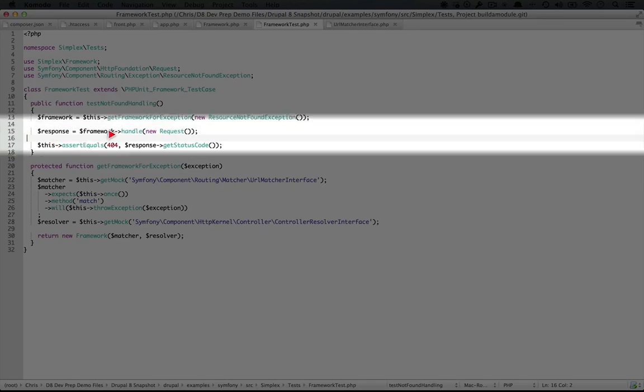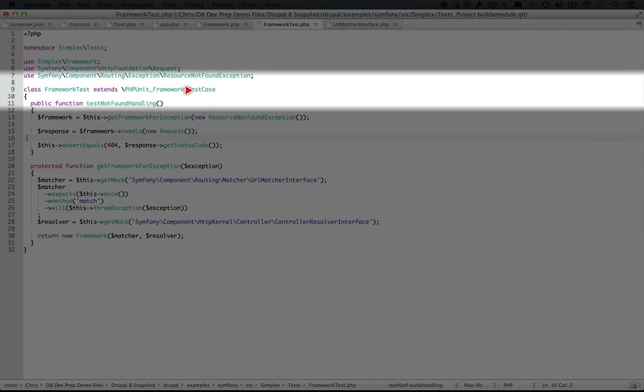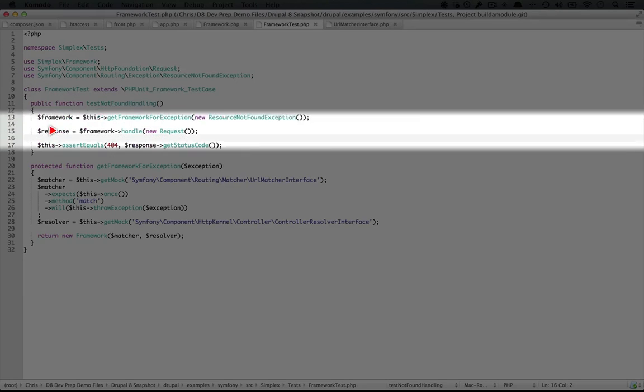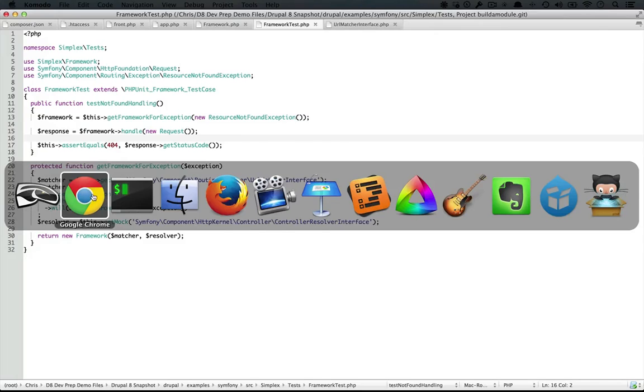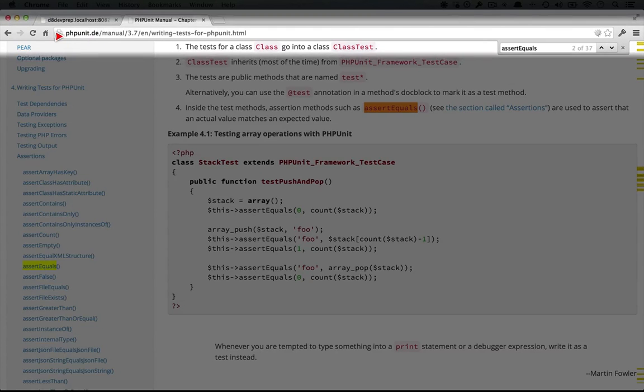So this assert equals method belongs inside of PHPUnit framework test case. We're extending from that in order to create our framework test class here. This is just one of the tests that we can run. We can take a look at the full list of tests by going to